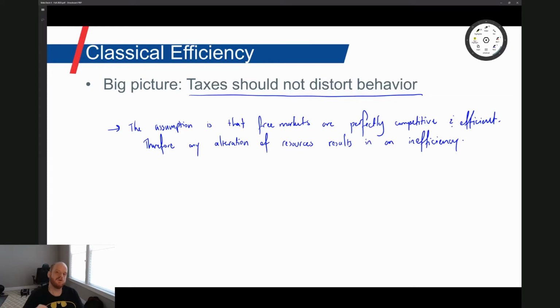Now, whether or not you've bought into this idea that, in a free market, everything is perfectly competitive and perfectly efficient, that's a totally different debate, right? But if you've bought into the idea, you're coming from that point of view, then this is the belief that you hold. Therefore, an efficient tax